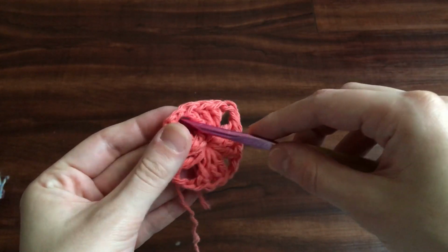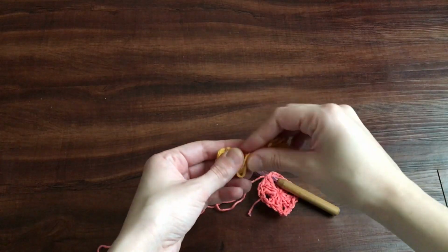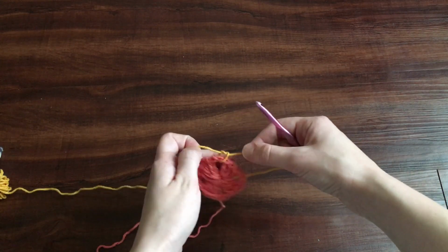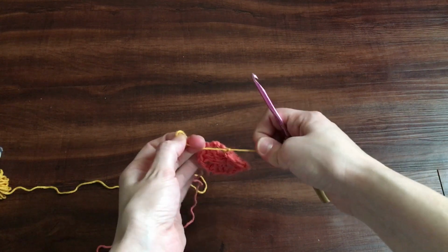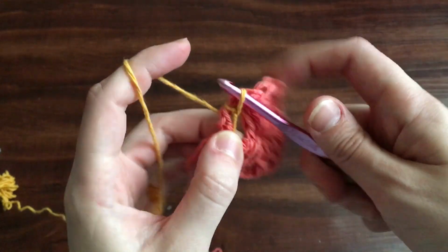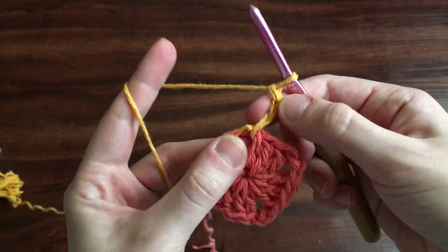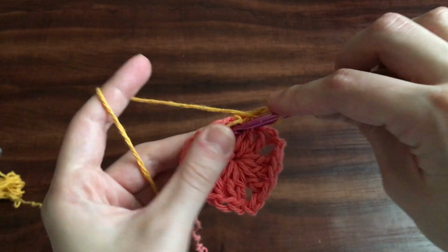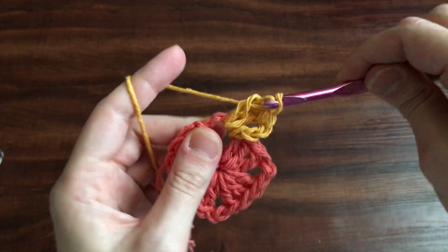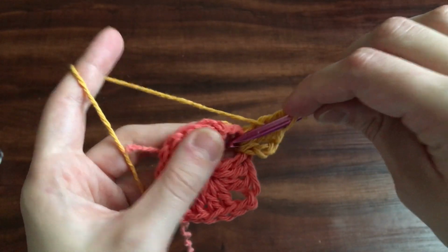You will attach a new color into one of these spaces. You will pull through to get it started, chain up 3. That's going to count as your first double crochet. You will insert 2 more into the space there, chain 2, insert 3 double crochets into the same space,